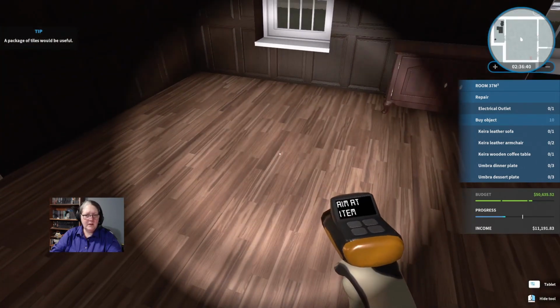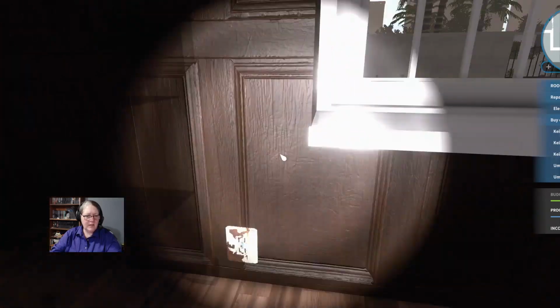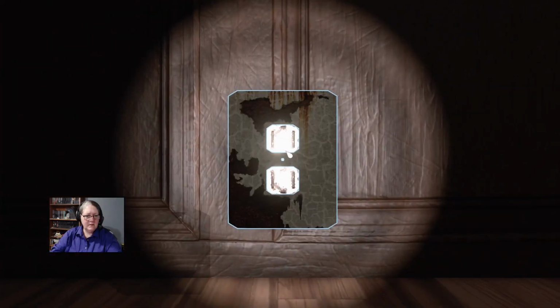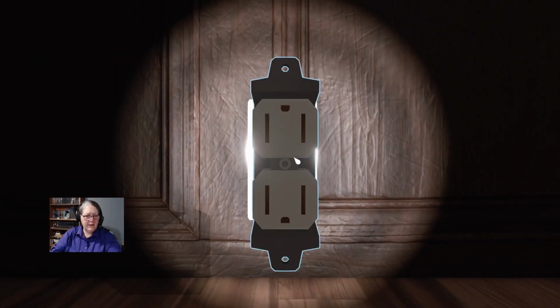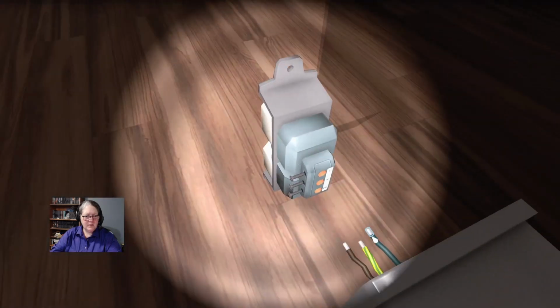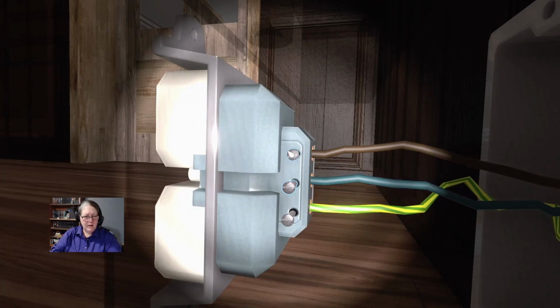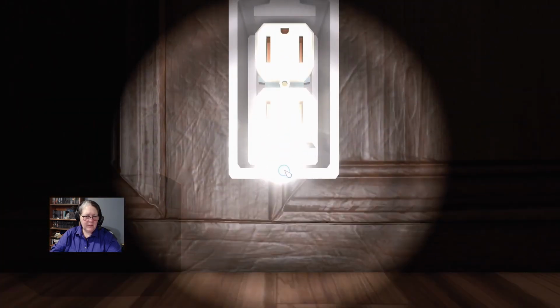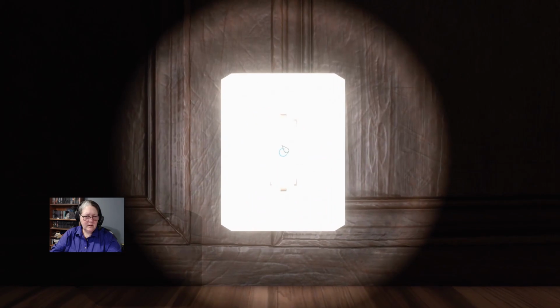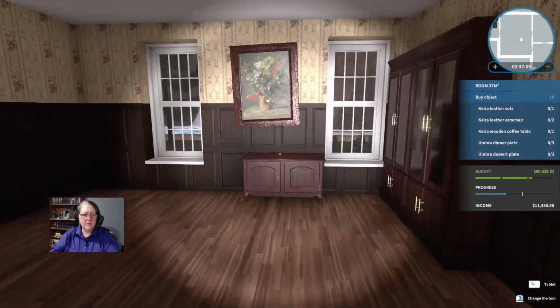Now the electrical outlet is over here. Let's just get that done. Remove that. Get the screws. Replace this. We'll do it their way. It's fine. Alright, we'll mostly do it their way. Mostly. Get all of that in. Alright, one less task to do. It looks like it's waiting for us